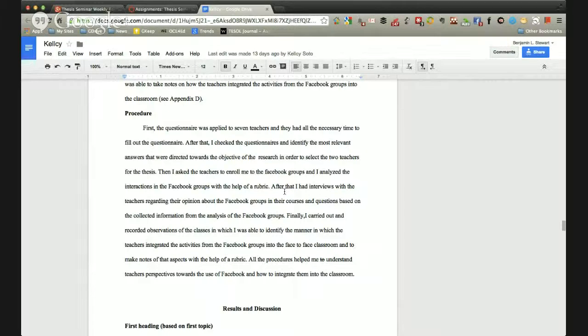The third point here, you want to write out that you were the primary researcher. In some cases, the teachers, the participants of the study, are actually part of the research. But in this case, you want to just indicate that you were the sole researcher and that you were responsible for obtaining the information. The fourth point to consider here is